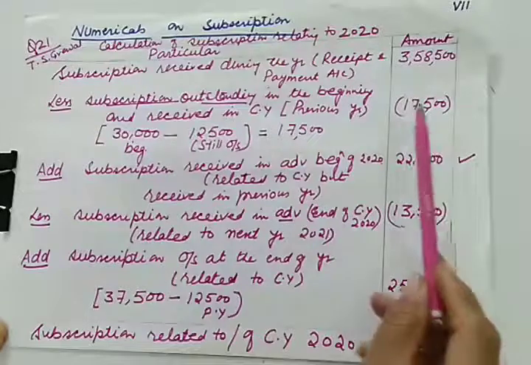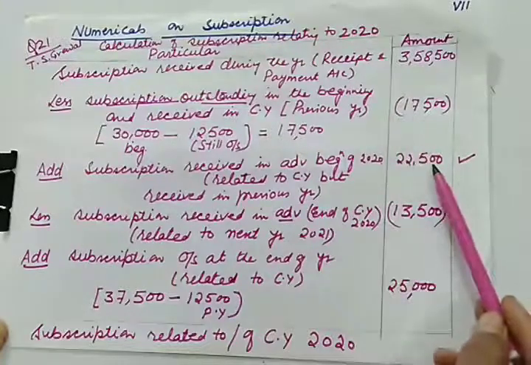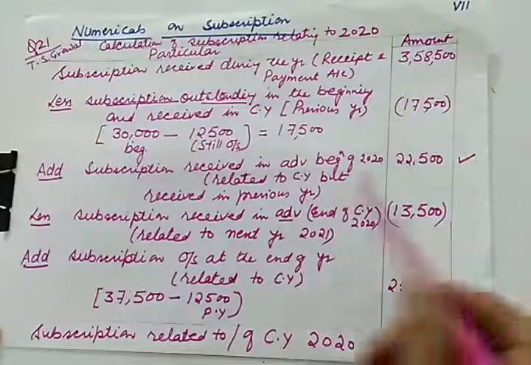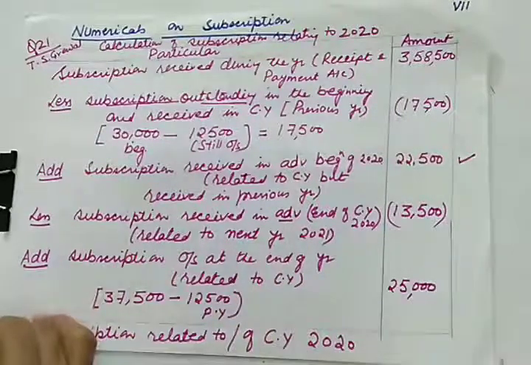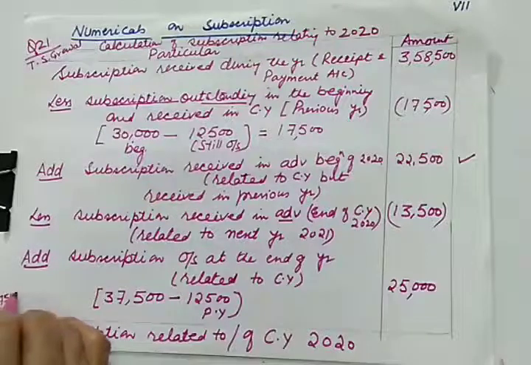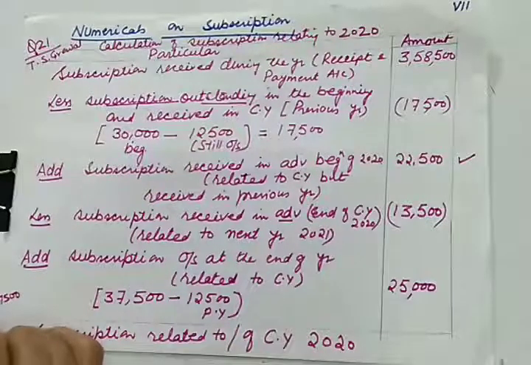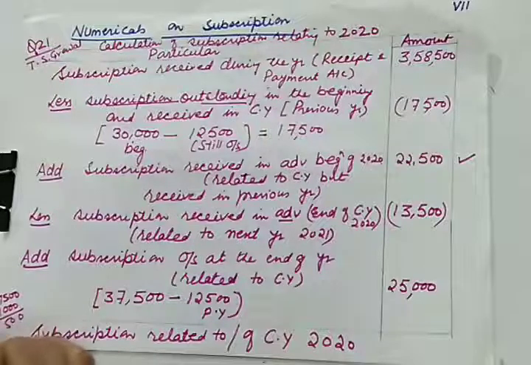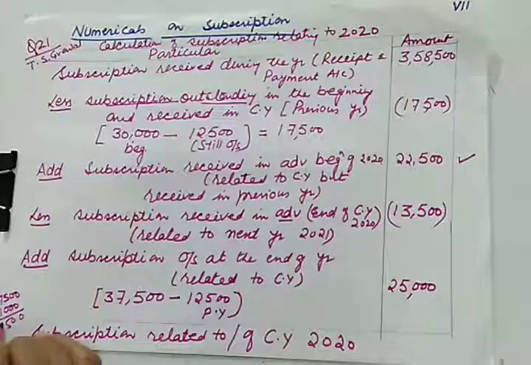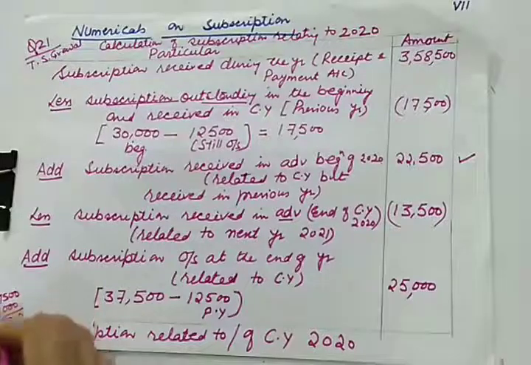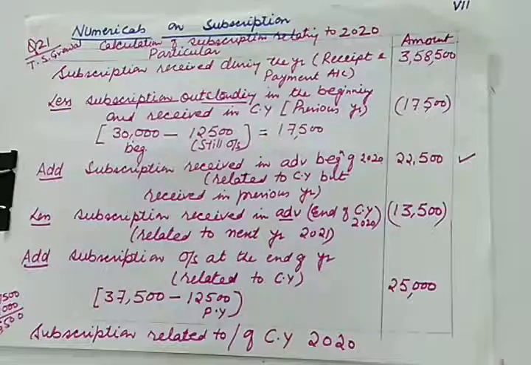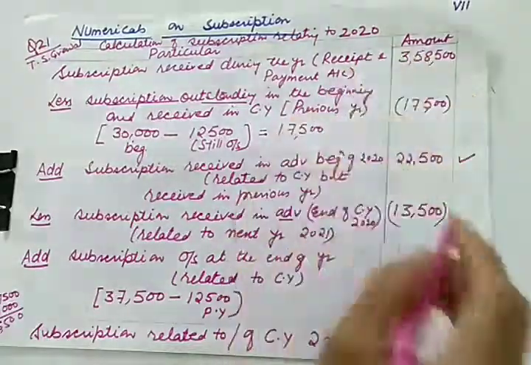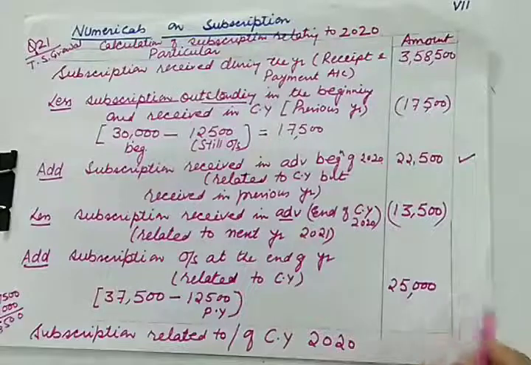So we'll be deducting 31,000, and here we'll be adding 47,500. So if you see, 47,500 will be added and 31,000 will be deducted. So finally we'll be adding how much? It is 16,500. So 16,500 will be added to this. So if you add 16,500 to this will be